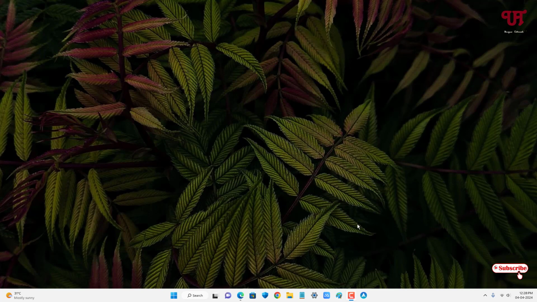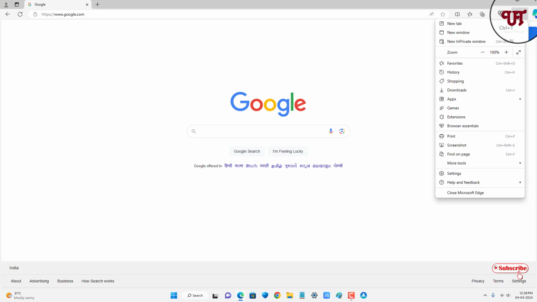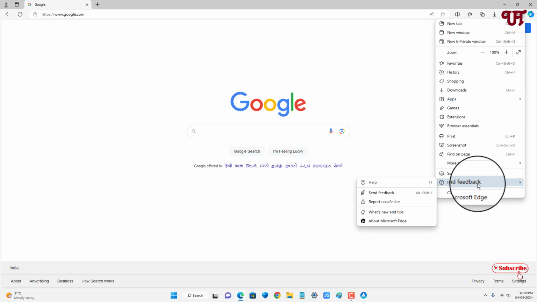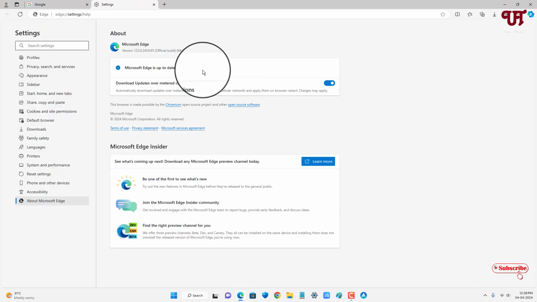So firstly, just open the Edge web browser on your computer and click on the three dot icon on the right top corner. Now click on Help and feedback, then click on About Microsoft Edge and check whether any newer Microsoft Edge browser update is available or not. Right now you can see my Microsoft Edge web browser is up to date. So firstly, check for any newer updates for your Microsoft Edge web browser, and after that